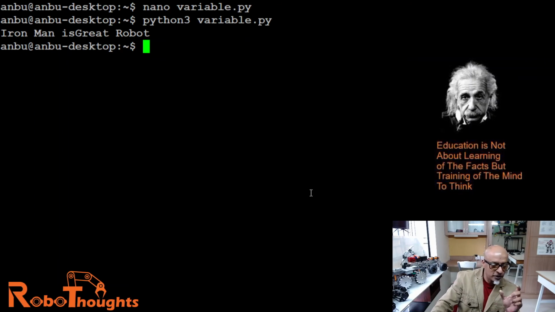Ideally, there is supposed to be a gap, a space, between "is" and "great". We can modify that in the program, and I'll show you how to do that. So guys, this is another example of how this particular variable works when you're giving an output using a print statement, which is nothing but a simple variable, and it can be done in multiple ways.